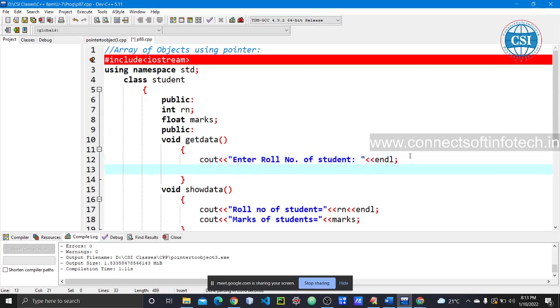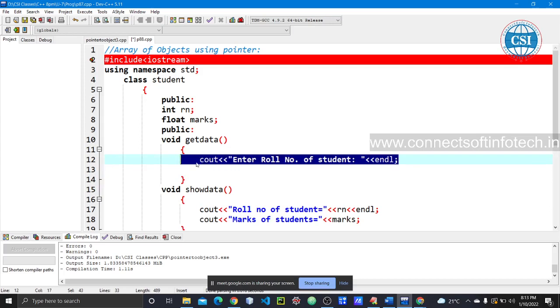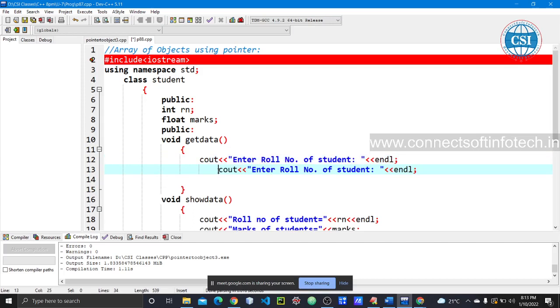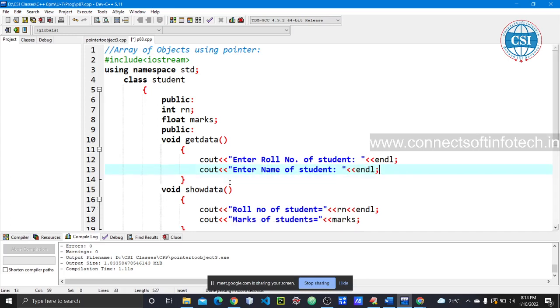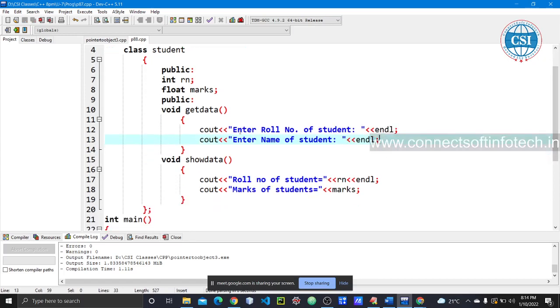Then again I am going to copy paste this: enter the name of student, endl. So when we call this function we will get: enter the roll number of student, enter the name of student.